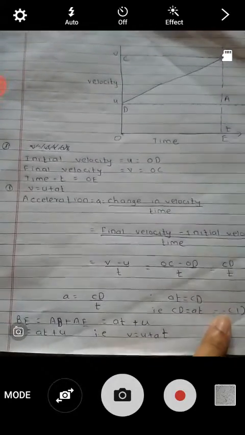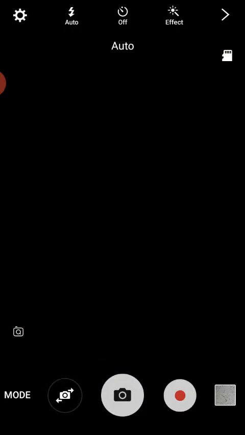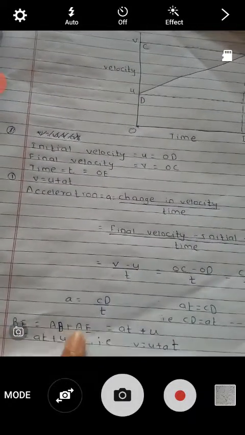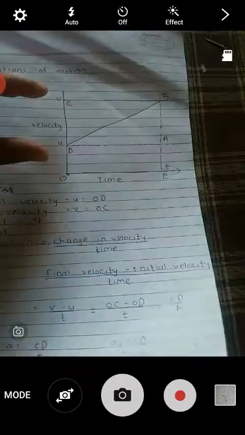Okay. Now again, this total BE, this is combination of AB plus AE. Right? The BE, this total line segment, is the combination of AB and AE. We have written here BE is equal to AB plus AE. Now again, what is AB? AB is equal to CD, right? As this is rectangle, opposite sides are equal, therefore AB is equal to CD. And what we got for CD? We got CD is equal to AT. That means we replace AB by AT.